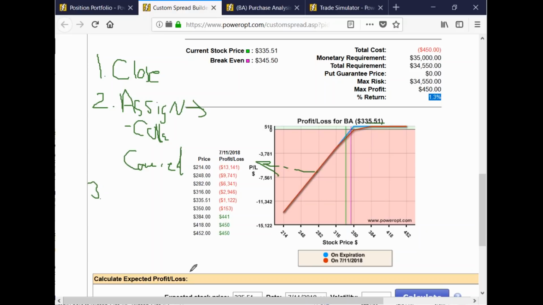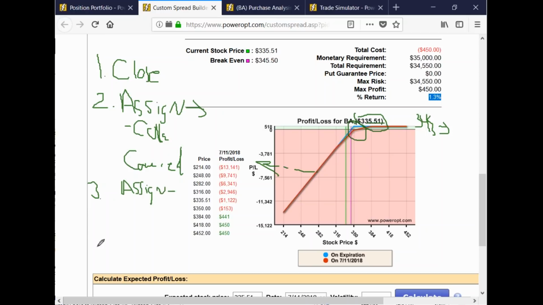Number three, you could take assignment on the position at 350. I don't know your account size, Alan. I don't want to know, but if you have the capital available, you could let yourself be assigned on the puts at 350, buy another 100, 200, or how many shares you want, or to even it out, at 335, 336 to average down. Now you might have a cost basis of around, let's say, 343 or 344, and you could convert those shares into a covered call or collar. So assign and then average down.